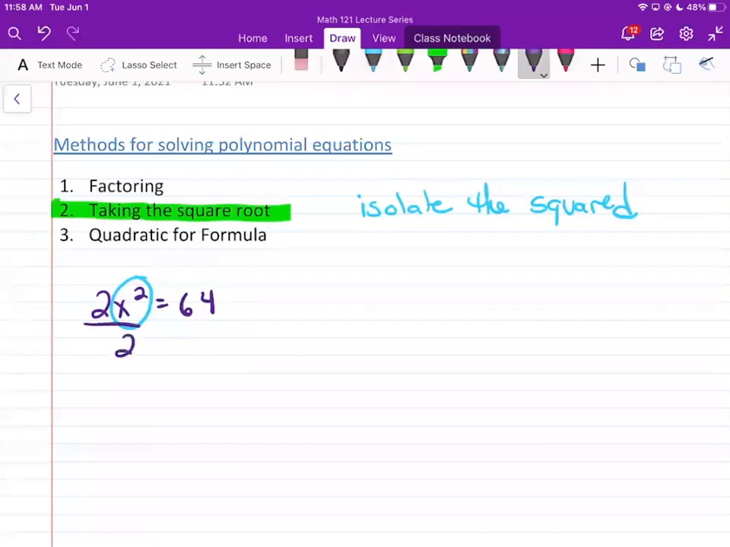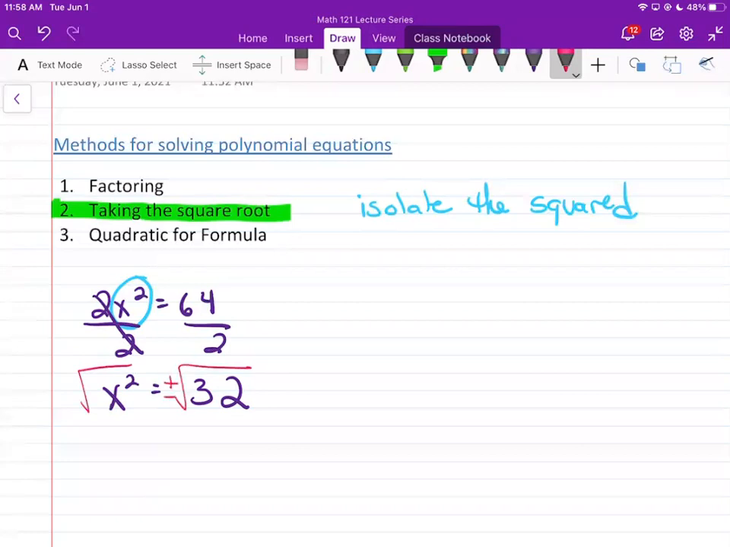I'll divide both sides by 2, which leaves me with x squared equals 32. And then the opposite of squaring something is to take the square root. So I will take the square root of both sides, but don't forget, when I square a negative, it becomes positive. So the square root of x squared is x, and then I can take that 32 and factor it